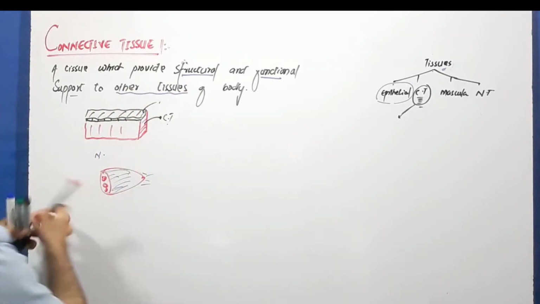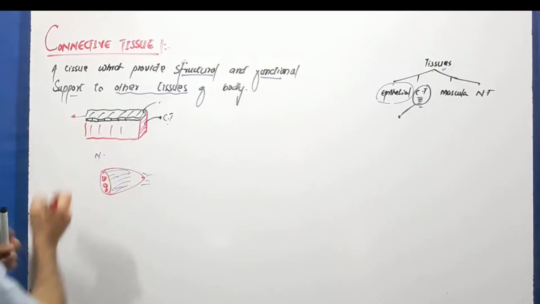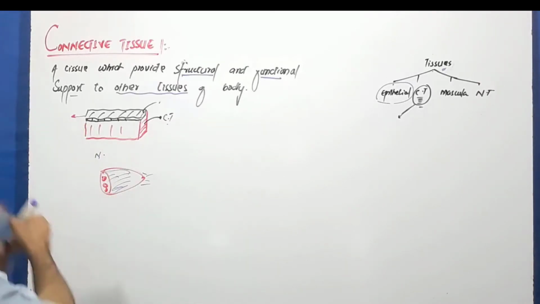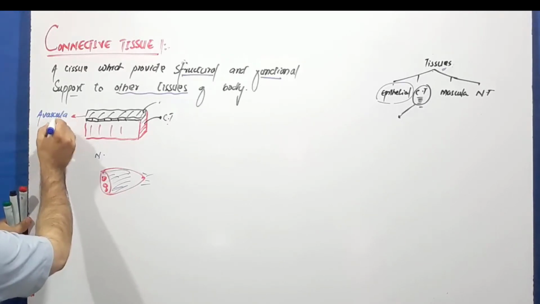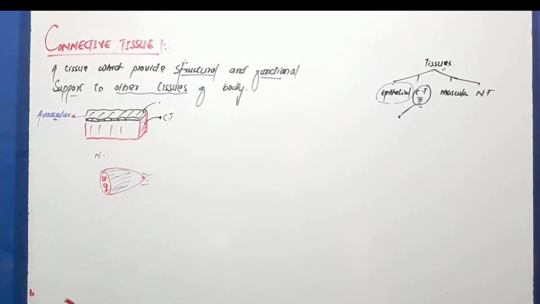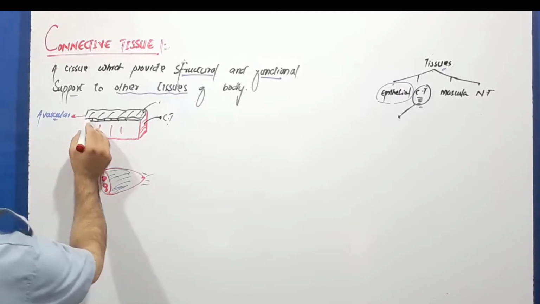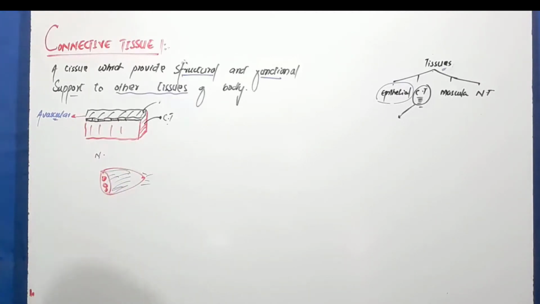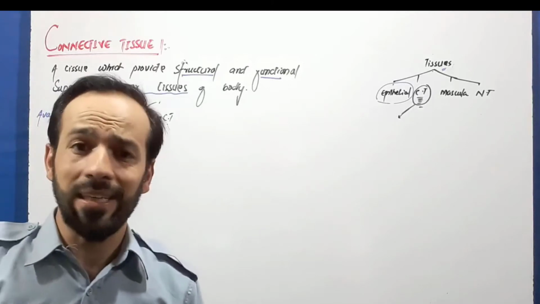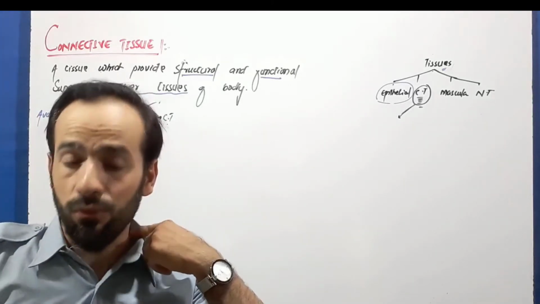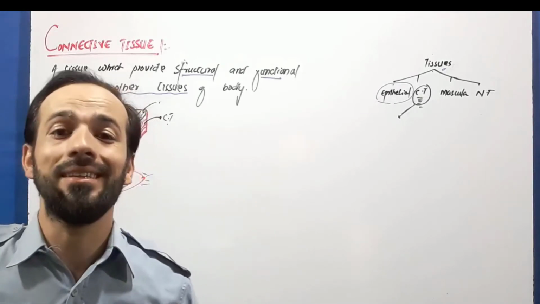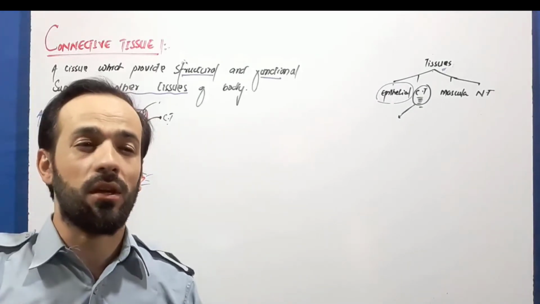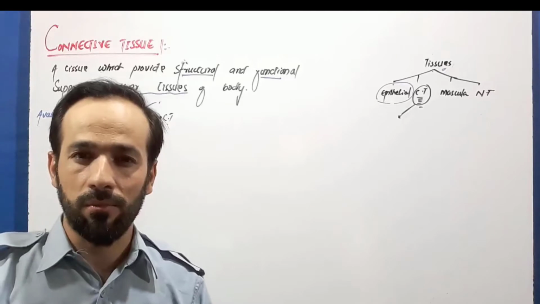Look carefully. You know about epithelial tissue, we say that this epithelial tissue is avascular tissue. It means there is no blood supply, there are no blood vessels inside this epithelial tissue. So how do they get energy? From where do they get glucose and oxygen? And where are their metabolites going, where are their extra substances going, right?